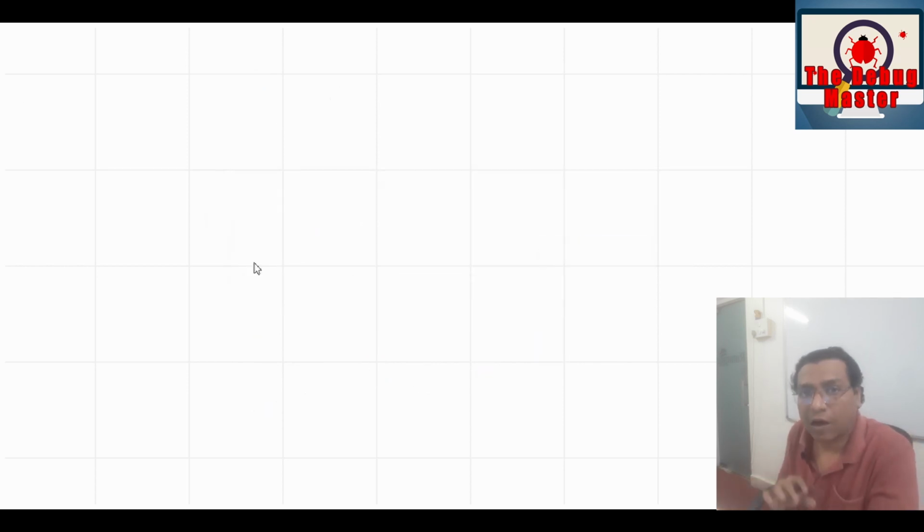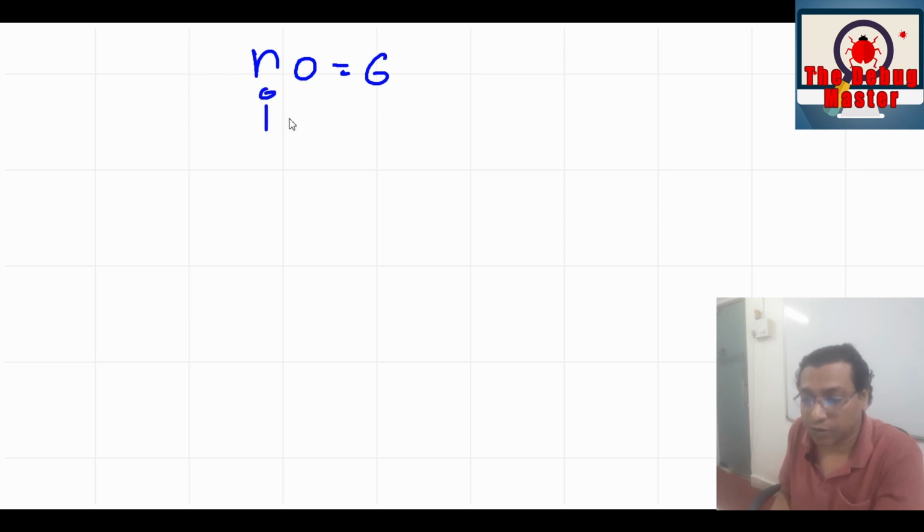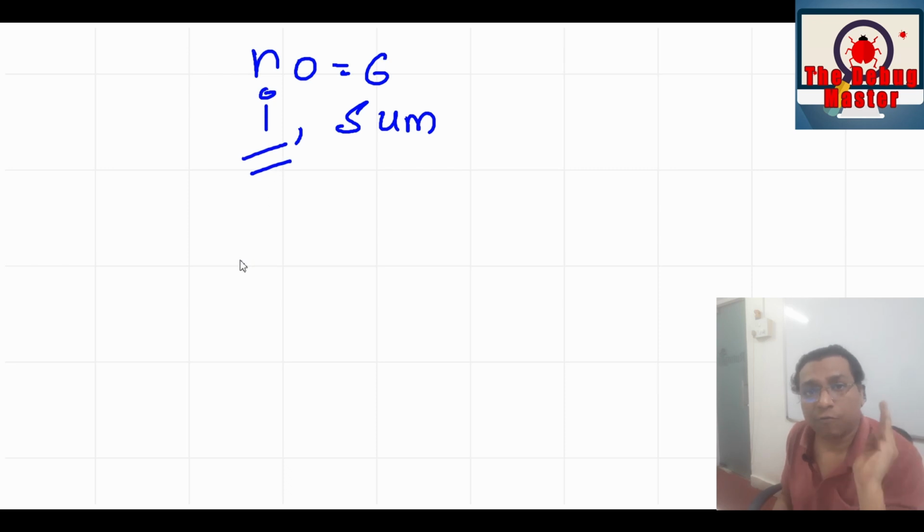Now we shall see how we can apply this logic in code. Suppose a number, we have considered number as 6, and one more variable we need to use is I, and one more variable to calculate the sum, that is sum. And here, we know that the maximum divisor of a number can be half of that number. So we shall iterate I from 1 to half of that number.